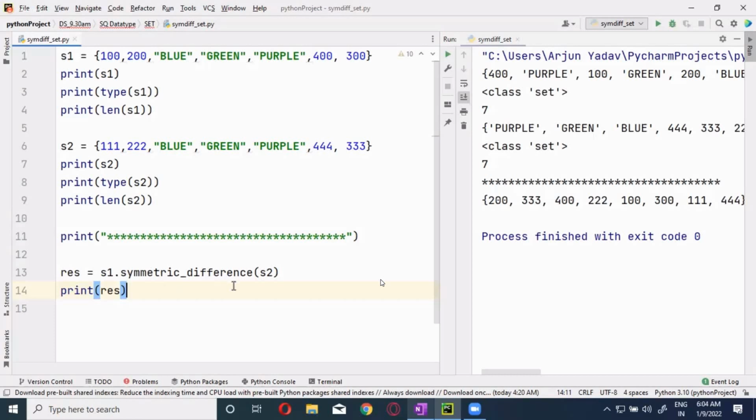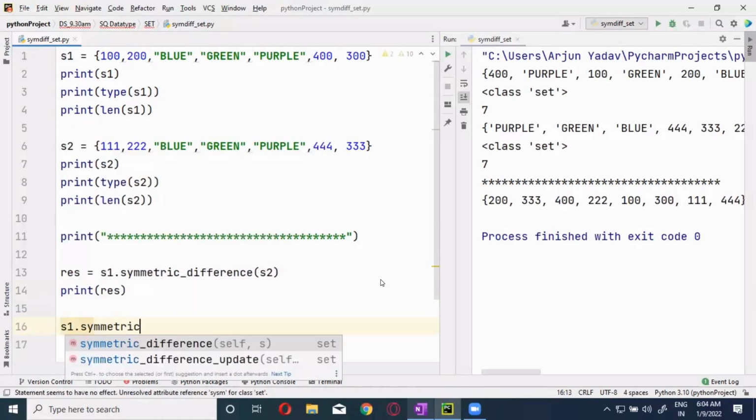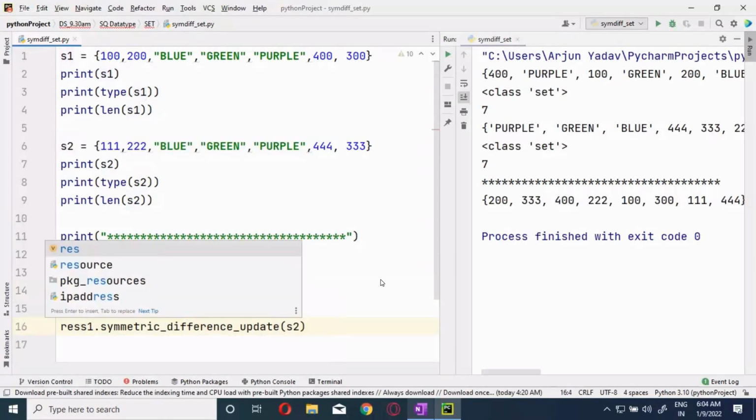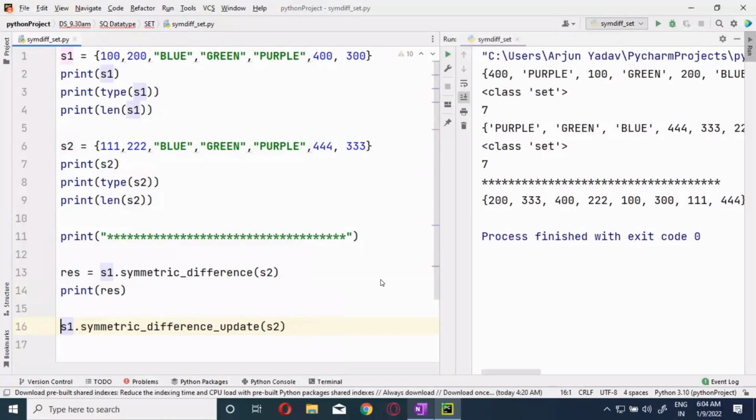Now, when I use the update, it will update the primary set. When I'm giving update over here like this, it will update the primary set. S1 dot difference underscore update, and I will give it S2 over here. Now when I do this, it will not give us a result. The changes will be applied directly inside this.